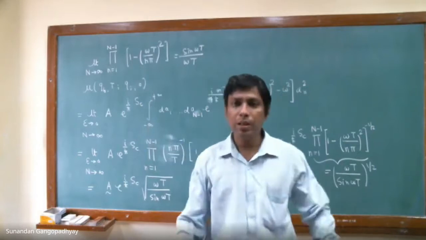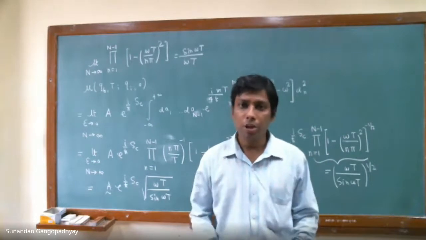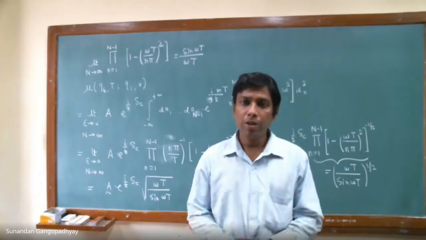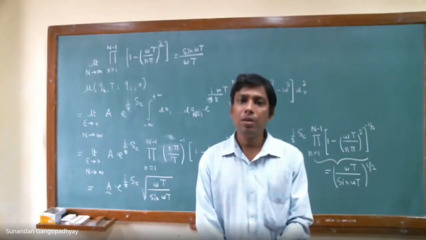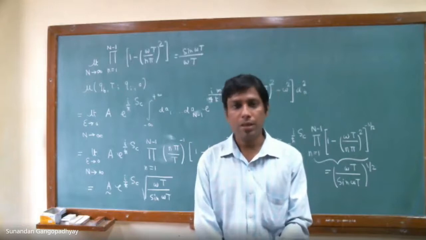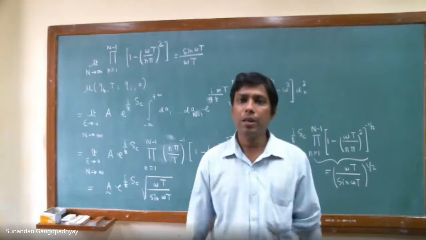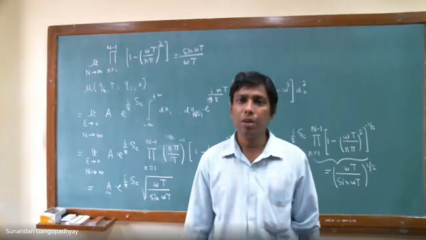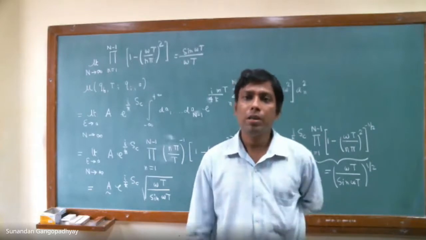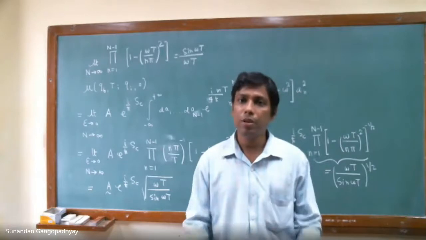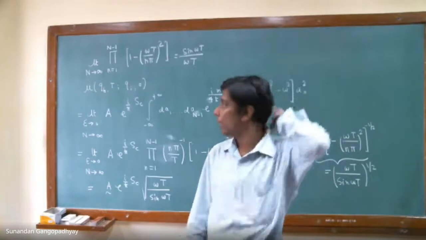The way you proceed is that you take the classical equation of motion for the harmonic oscillator, solve it, and impose the boundary conditions that at time t equal to 0, q is q_i, and at time t equal to capital T, q is q_f. When you solve the harmonic oscillator differential equation, it is second order in time, so there will be two arbitrary constants of integration, which will be fixed by these two boundary conditions. So you can get the full classical trajectory, q_c.